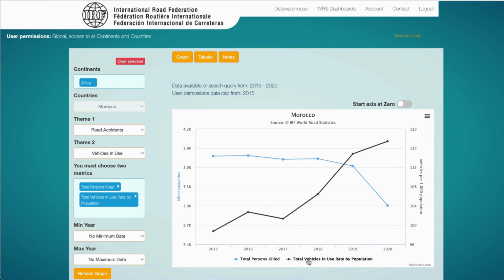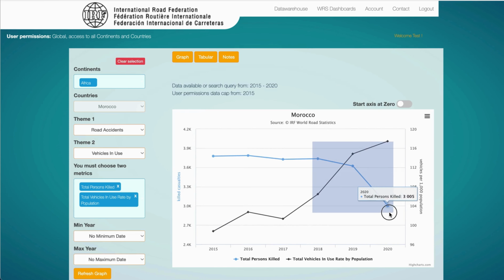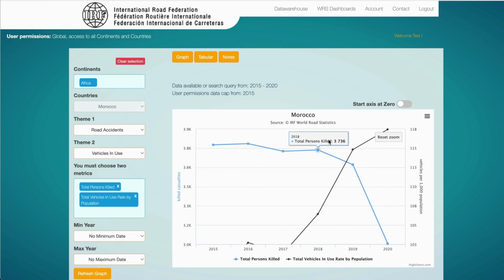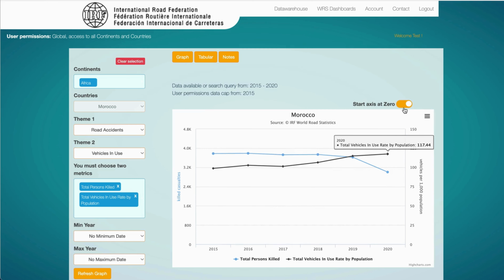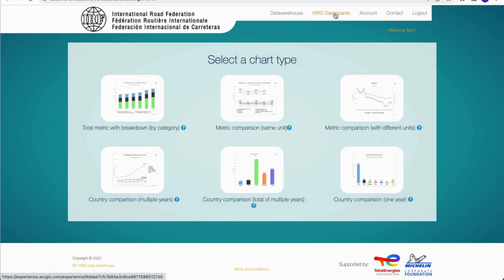Again, I would be able to unselect if, for example, I only wanted to look at one or the other, and I would be able to zoom in if I so wanted. And I can also choose to start the axis at 0 and reset the zoom if I wanted to. Again, we can go back, and then if instead of the graphs I would like to look at the dashboards, I can then click on this. It will open up a separate tab,